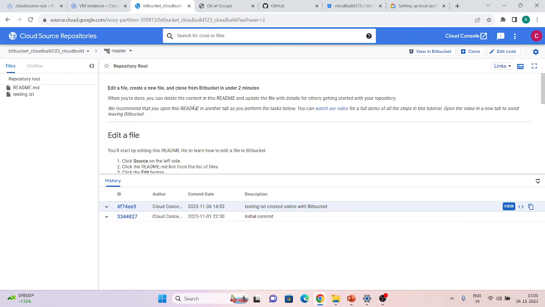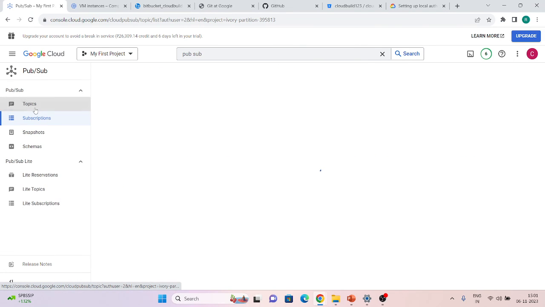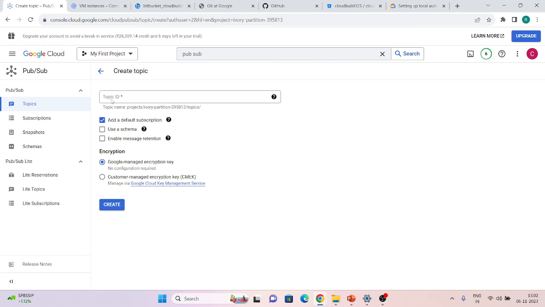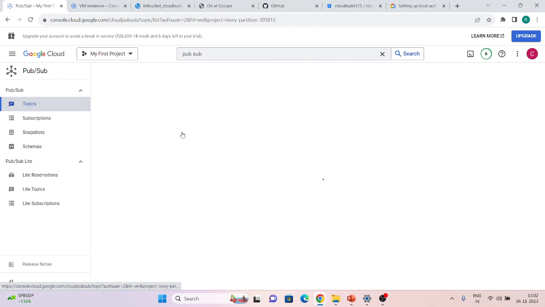Also, we have some options, like we can link it to multiple things. We can even link to PubSub. If something happens, like if someone has created a new repo, or deleted something, or pushed changes, we can do it with the help of PubSub. We can generate a message also. First of all, go to topics and create a topic. Just create a simple topic, provide a topic ID, and just use a default subscription. I have already created it. You just do this.